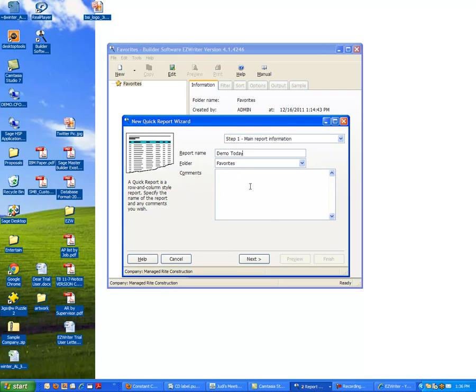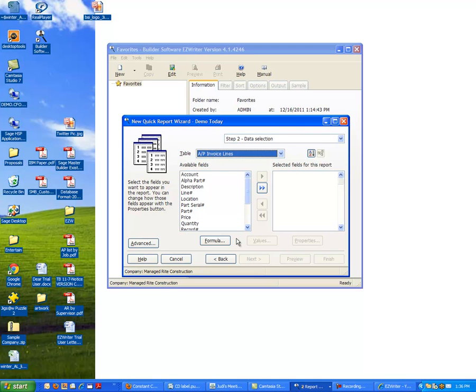Then I hit my next. So that's the name of the report. That's where I'm going to put it, that folder. But here's what I wanted to show you. And so if I go into